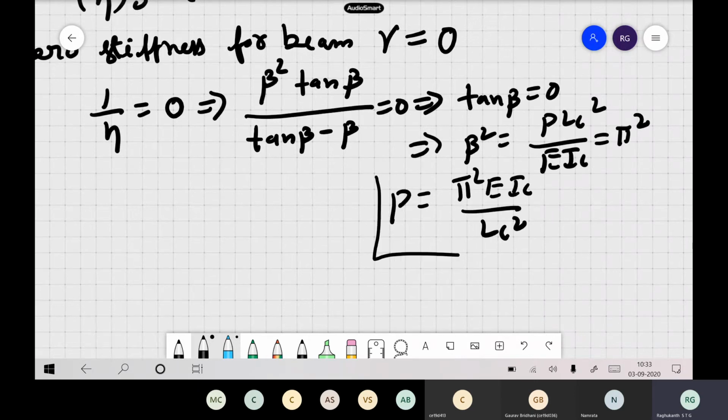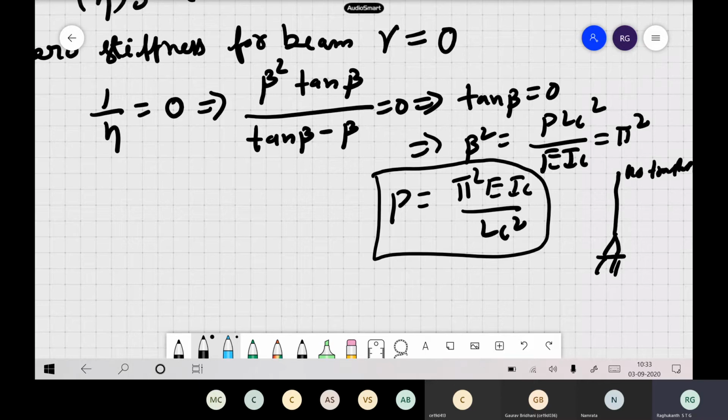Okay, which is the same as, you followed, right? If one end is supported and the other end cannot translate but can rotate, you will get the same correct answer. So this is a way to check whether your answer is correct or not. No translation here, so automatically here also it is simply supported. For simply supported, the answer is pi square EI by L square. So you will get the same answer here, which means whatever derivation you have done is correct.